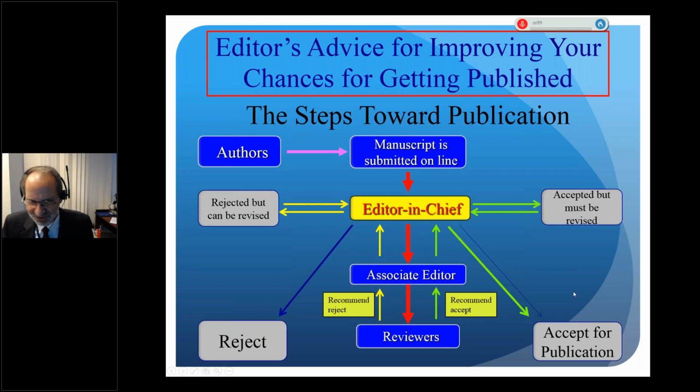So that's a process that's kind of complicated, but it actually works in the best interest of the journal and the authors. Because even if your paper is ultimately rejected, and we won't take it back, hopefully the comments made by the reviewers and the editors make it a better paper for when you submit it to the next journal.